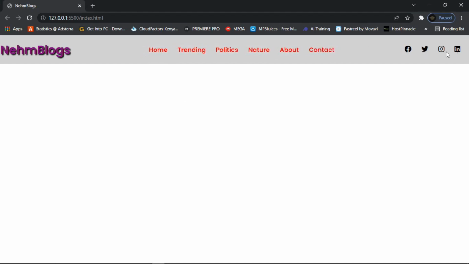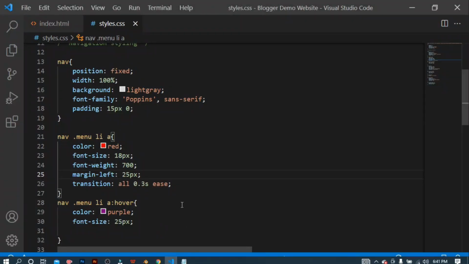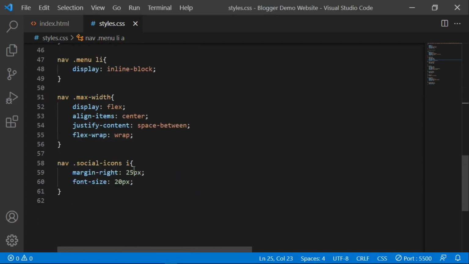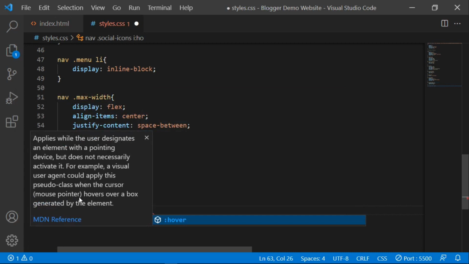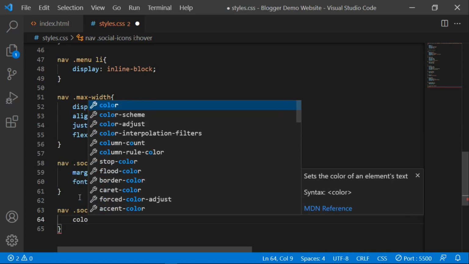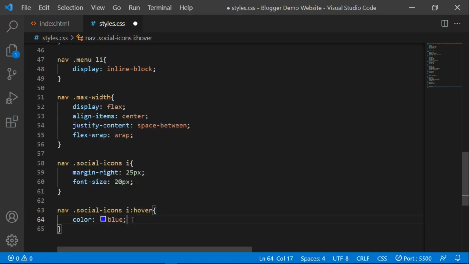So now let's try also these icons here. So now let's go to our text editor, and then targeting the social icons, these icons. So what I'm going to do, let me just also copy this, select a copy, and then I paste down here, and then I'll target when you hover. So let me say hover. So the first thing, I'm going to give it a color. Color, I'm going to give it a blue, and then